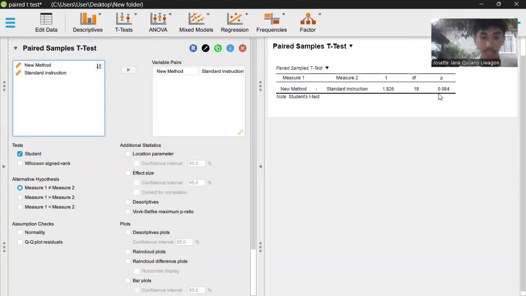Since our p-value is again greater than our significance value of 0.05, we can directly say that with the paired sample t-test, we can conclude that there is no significant difference in the mean amount of material learned between the new method of instruction and the standard instruction. But then again,